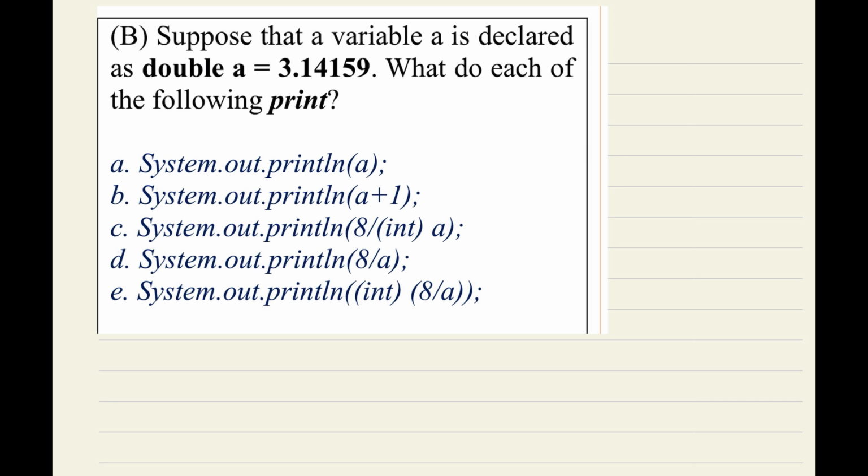So now we'll move to the next one. Suppose that a variable a is declared as double a equal to 3.14159. What do each of the following print? So first we have to write this statement, then execute it. If I write double a equal to 3.14159, then System.out.println(a), it is going to print the value of a. So the output should be